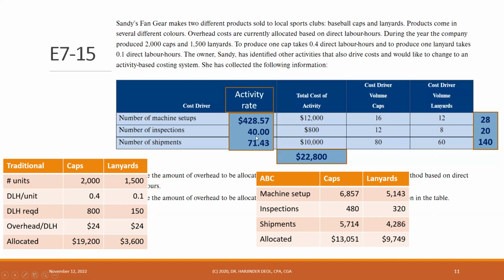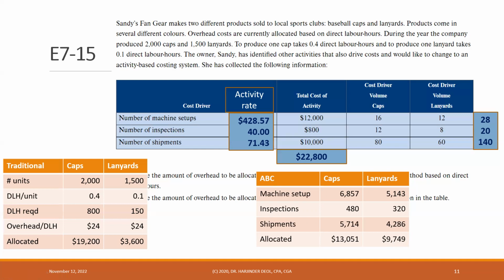For the inspections, $40 per inspection multiplied by 12 inspections for the baseball caps is $480. And for the lanyards, it's 8 times 40, $320. For shipments, 80 shipments times $71.43, that's $5,714. And for the lanyards, 60 multiplied by the $71.43 is $4,286. Sum them up, you get for the costs of caps, $13,051, for lanyards,